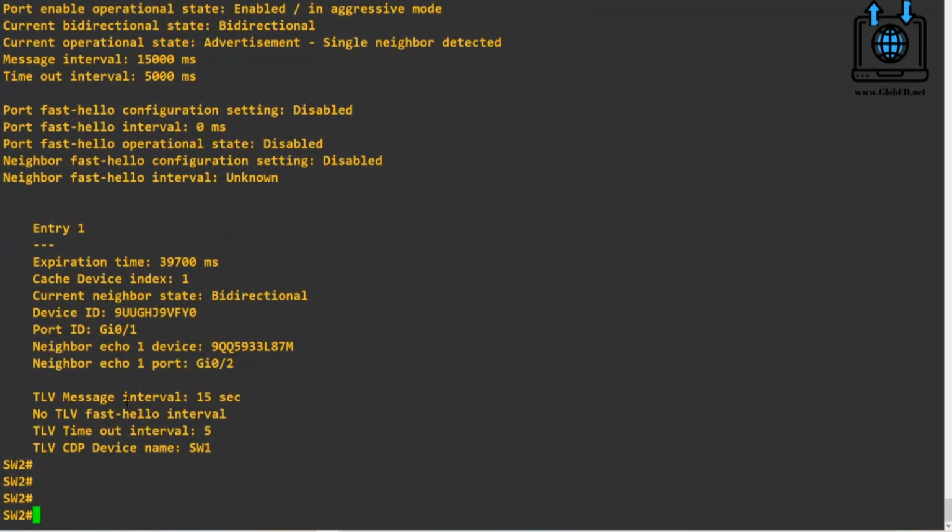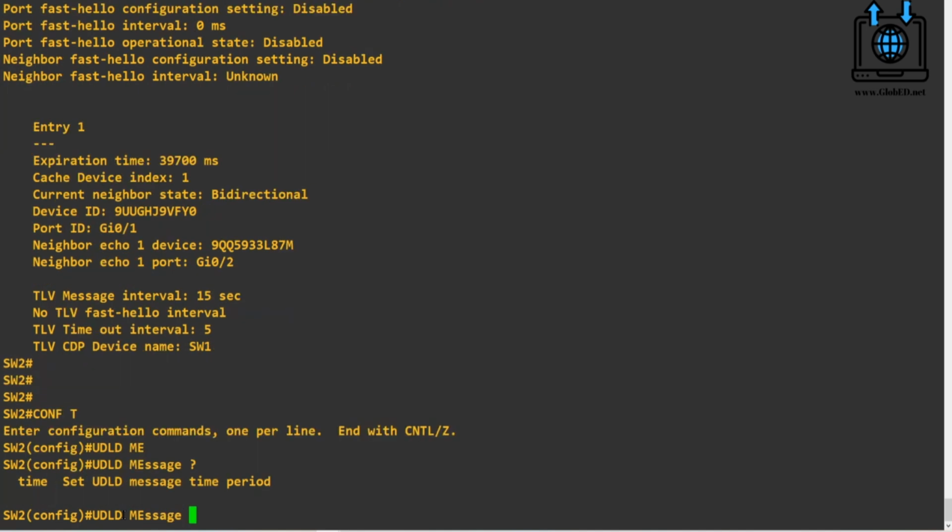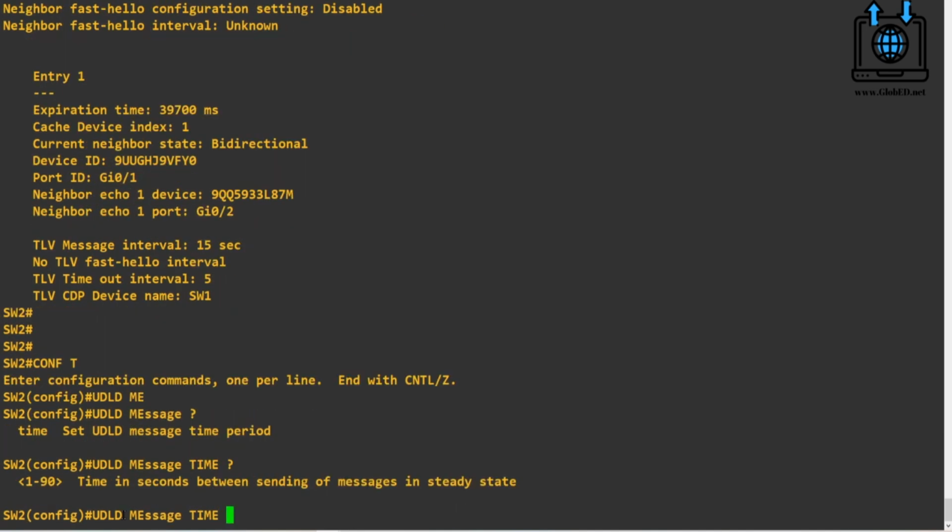You can see the messages on UDLD. Remember when we typed in global configuration for messages, we can change the default value of 15 seconds if you wanted to. So if you come in here, config t, but if you do it on one, do it on all. And you can do UDLD message time, but the default is 15 seconds.